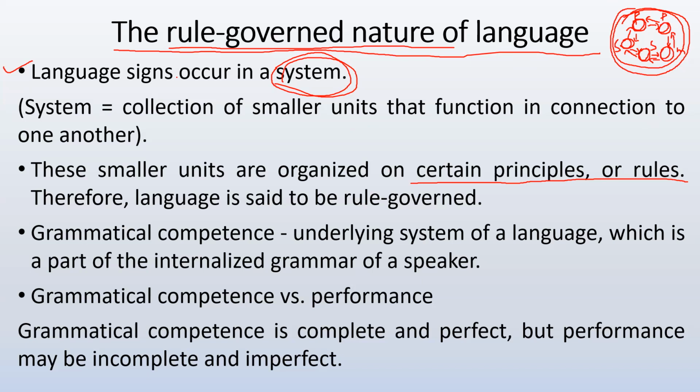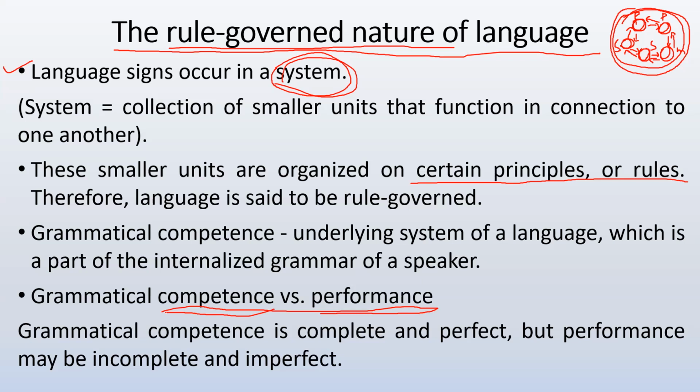And when you talk about the rule governed nature, some important key terms are there, right? Competence versus performance. These two keywords are very important. We have grammatical competence, the long-term grammatical competence. So you need to be clear about the difference between competence and performance. Two different words are there. So what is competence? Grammatical competence means the underlying system of a language, which is a part of the internalized grammar